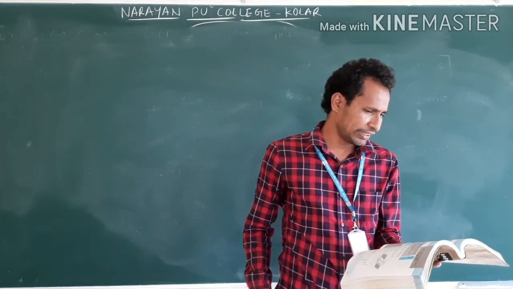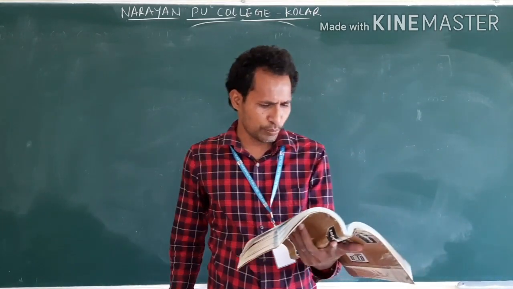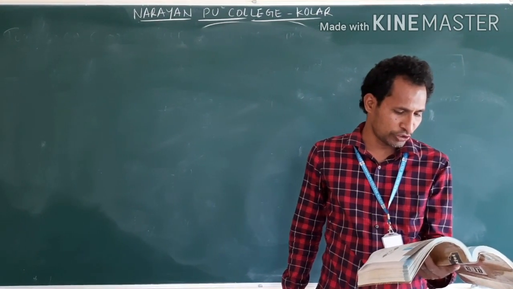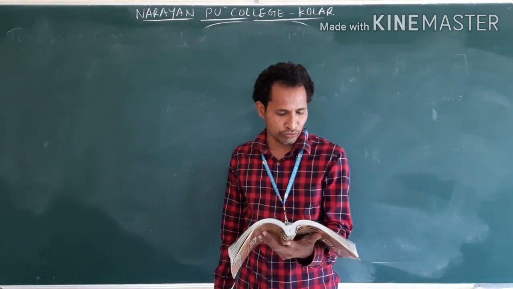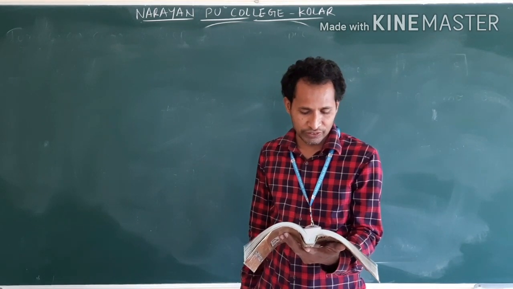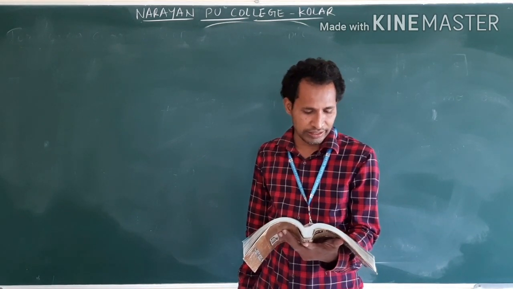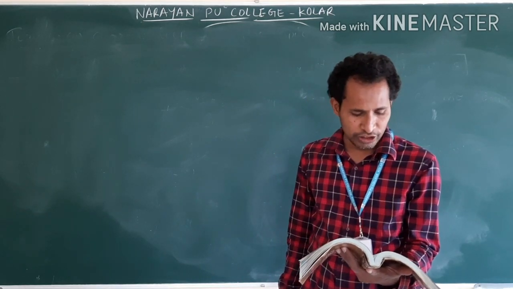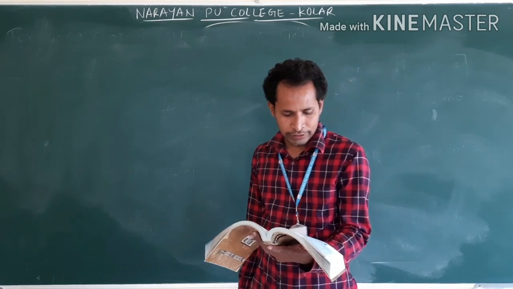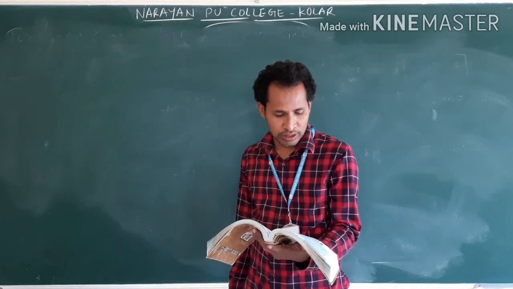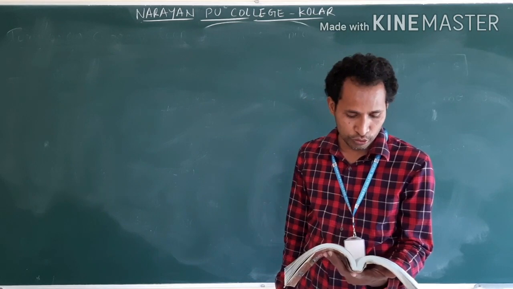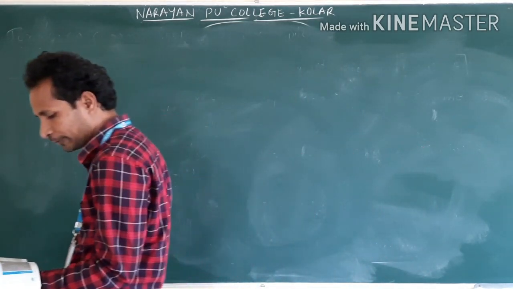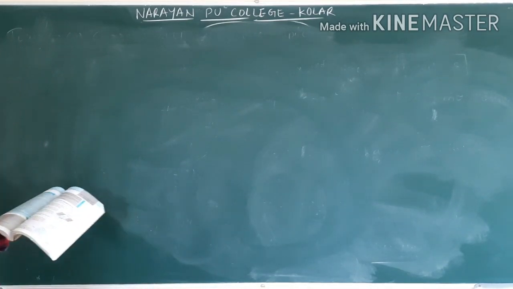Now come to another example problem. The horizontal component of Earth's magnetic field at a certain place is 3 into 10 power minus 5 Tesla. The direction of the field is from geographic south to geographic north. A very long straight conductor is carrying a steady current of 1 ampere. What is the force per unit length on it when it is placed on a horizontal table, and the direction of the current is east to west and south to north? Clear? Now what did they give according to the question?